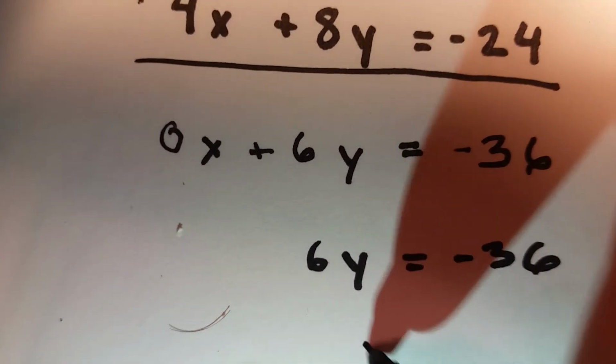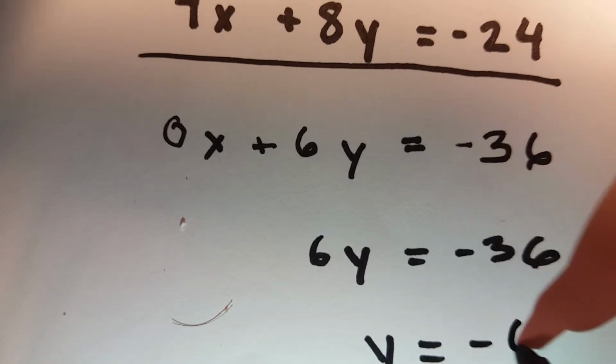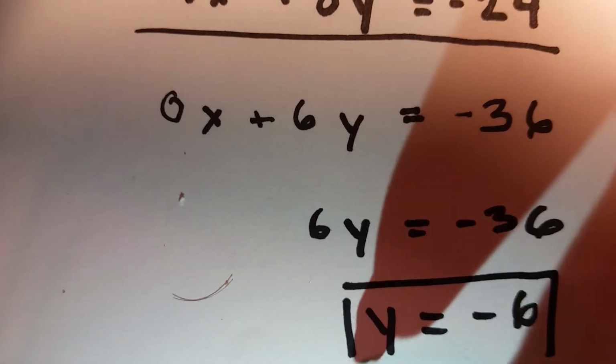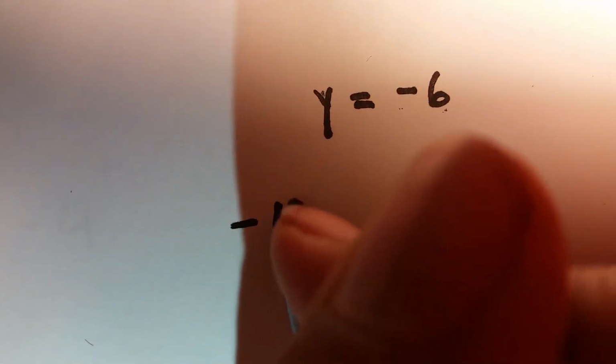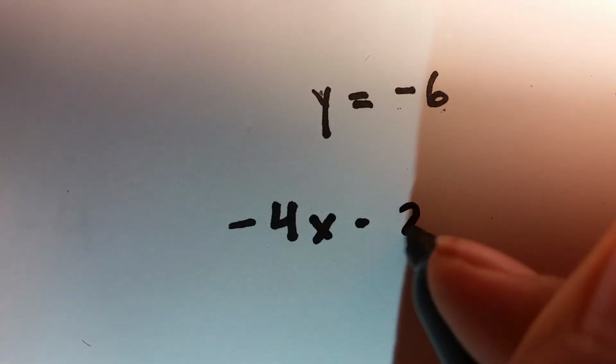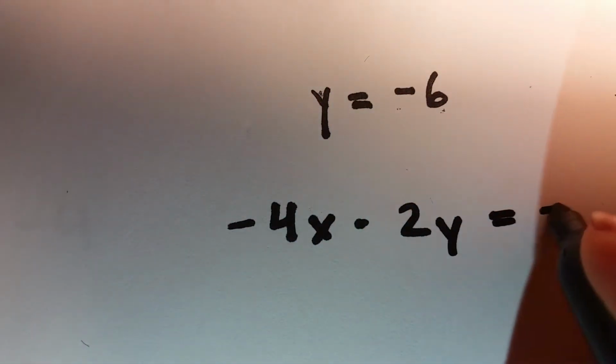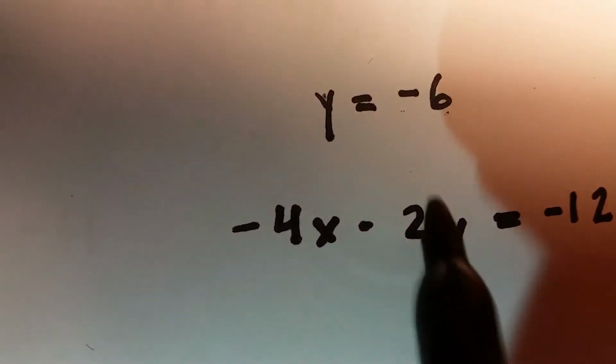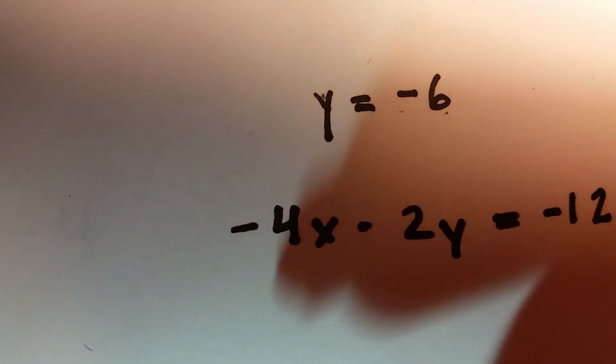And so you divide by 6 on both sides and get y equals negative 6. And we'll box our answer. So now that we know that our y is equal to negative 6, all that's left to do is to plug this into one of the original equations and find x. So if we take the first equation, negative 4x minus 2y equal to negative 12, and we plug in the negative 6 for the y, we will get